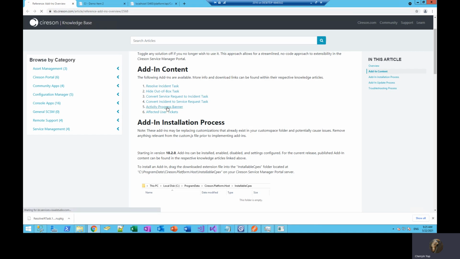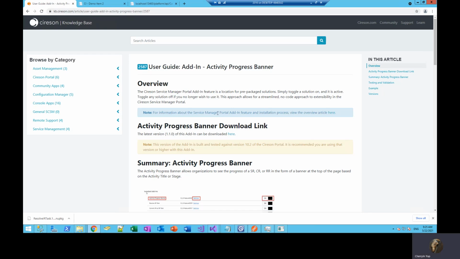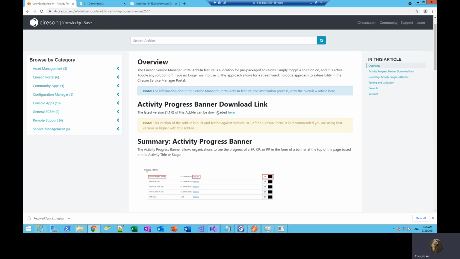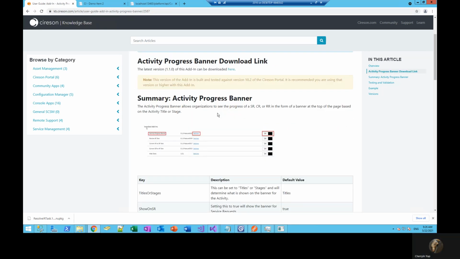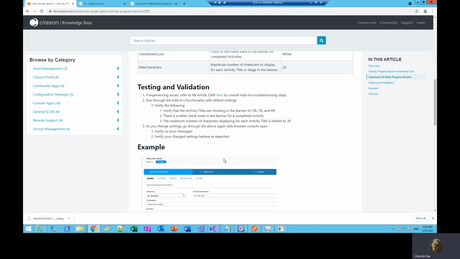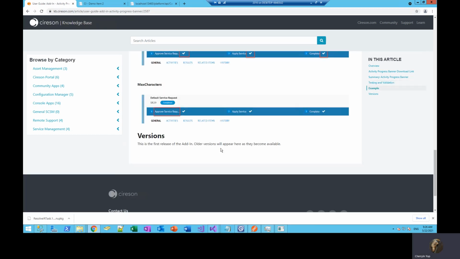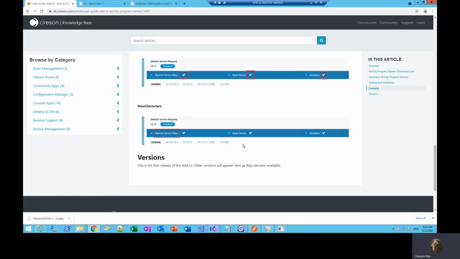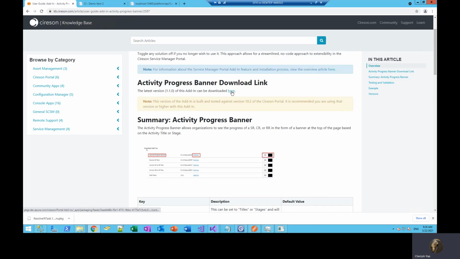If you click on a specific item, you will be redirected to the add-in details page, and you will be presented with a description, the default settings for this particular add-in, some examples, and some version information. So we're going to go ahead and download this one.